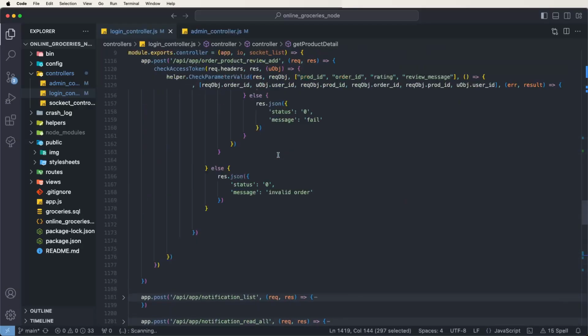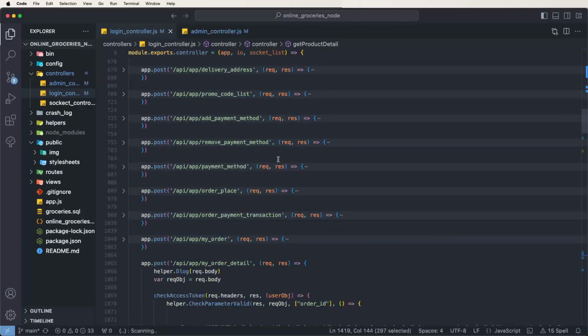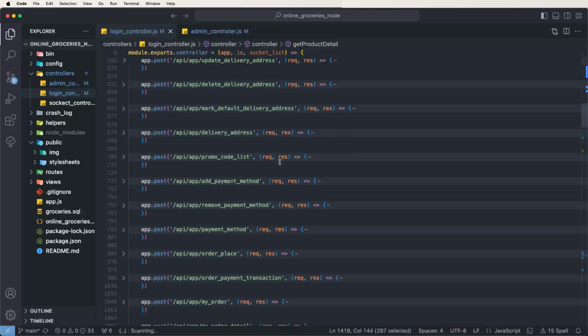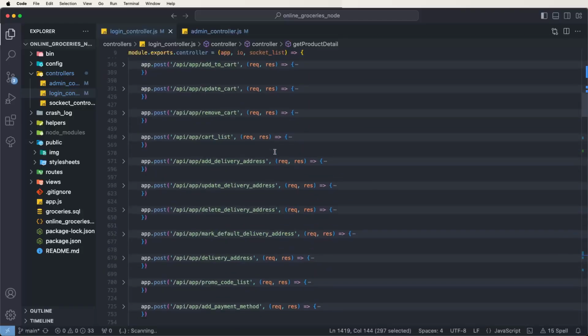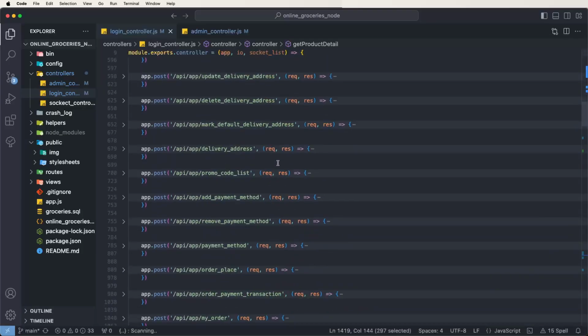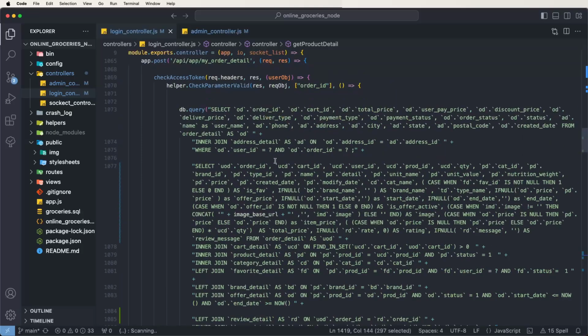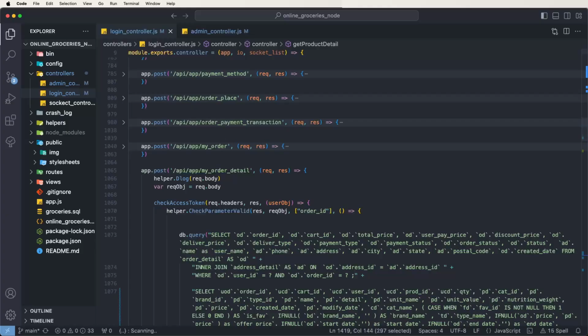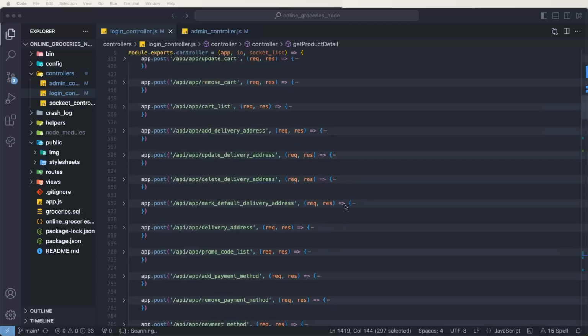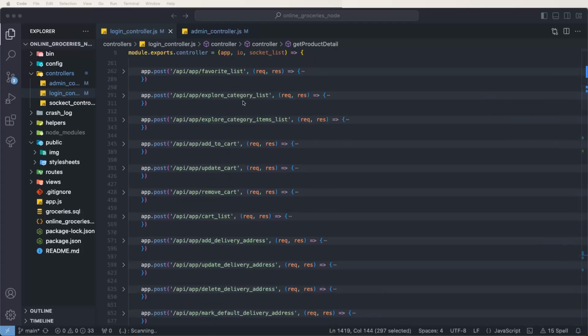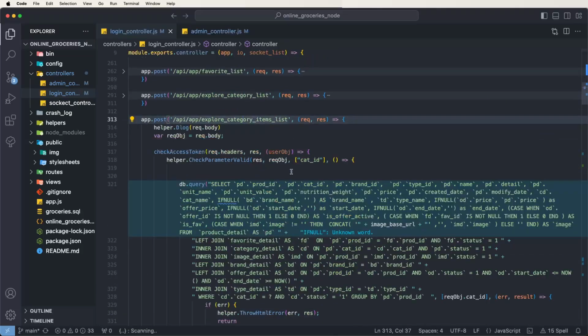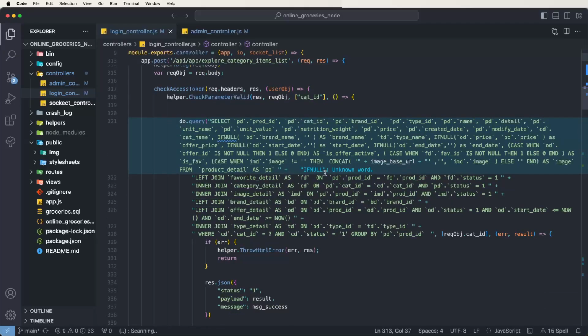Now we need to go inside the category-wise product list. Inside it we also need to give the rating of the products and show it. Now we need to calculate the product rating from the order details, so write down the query here. Now find the category item list. Here this is the product relators. Now we need to write down here the